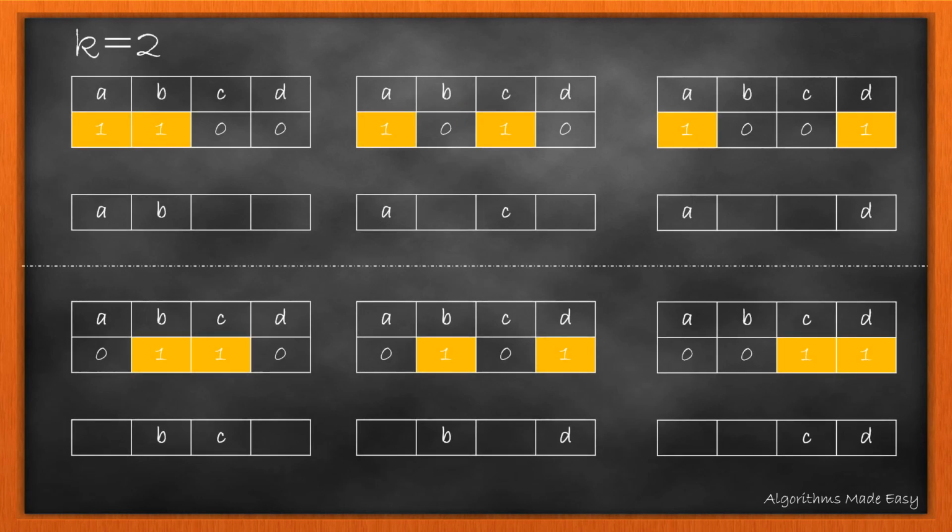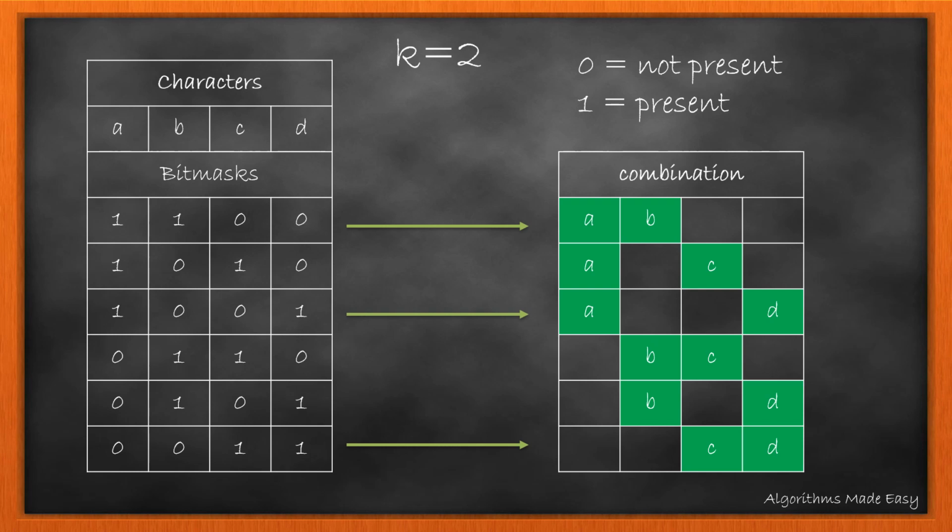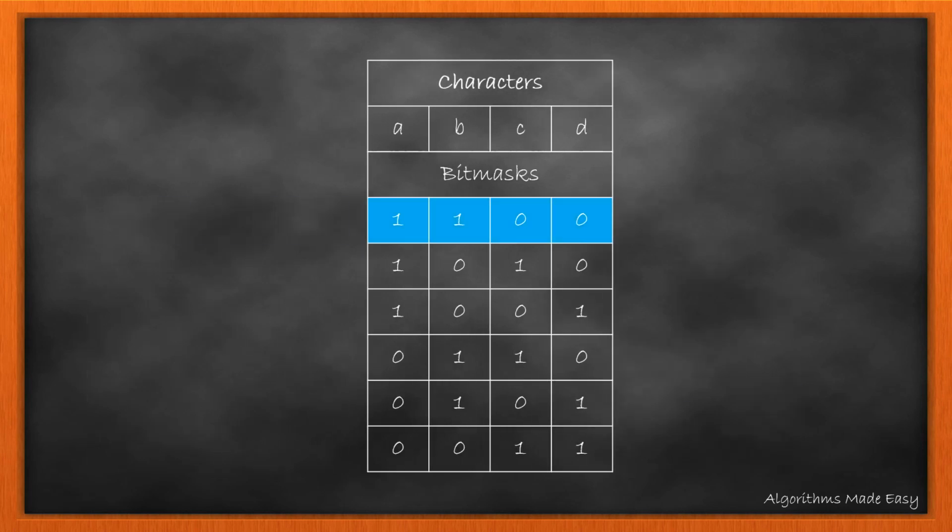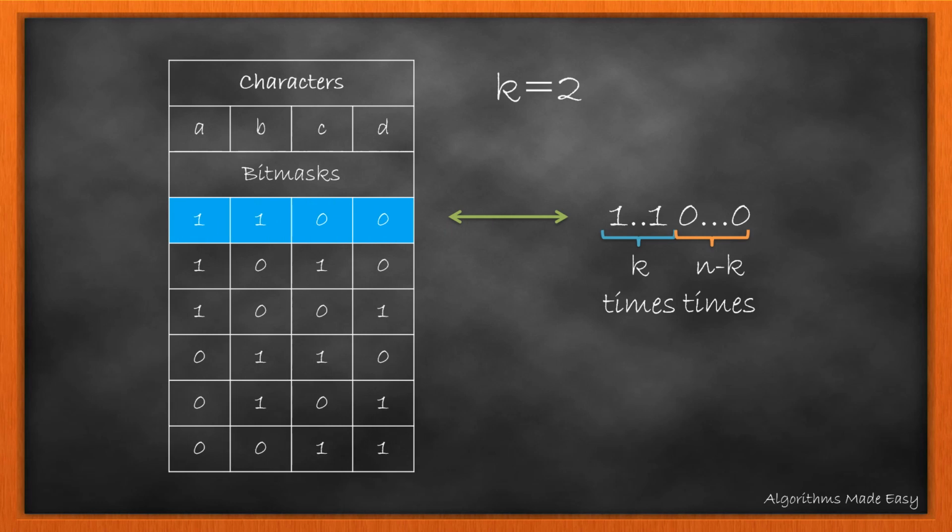If the input string is of length 4 and the combination length is 2, we can get these 6 combinations. Now the part of using bit mask. We can see that if we find the combinations of the binary string with k bits set, the answers quite match. Every bit mask of length 4 with 2 bits set will give us a desired combination. Now we find our starting point. As we can see, the starting point here is 1100, which in general is nothing but the first k bits set as 1 and the rest n minus k bits as 0. So this is what will be our starting bit mask.